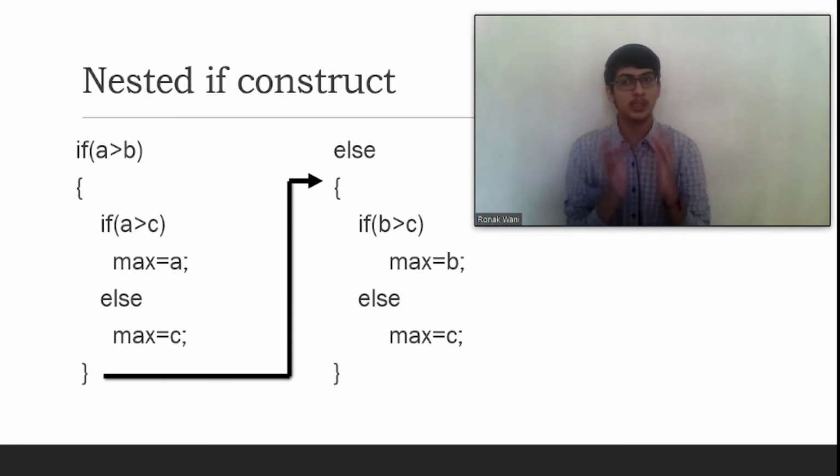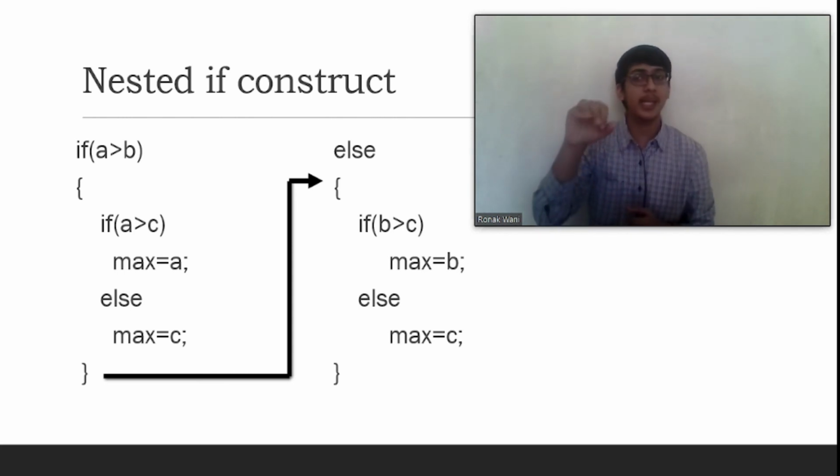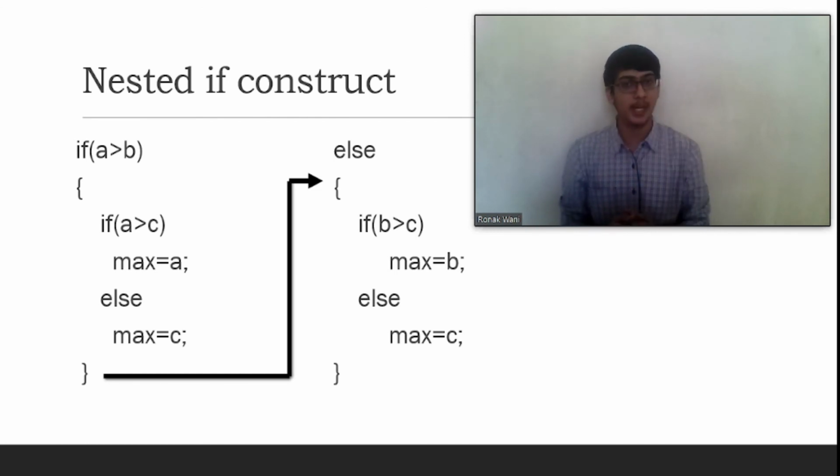First it will check whether the first number is greater than the second number. If yes, then it will go inside the nested if block and check whether the first number is greater than the third number. If yes, it will store it inside the max variable and the program will terminate. Now, if A is not greater than C, that is, C is greater than A, then it will go into the else block and store variable C inside max and terminate. But let us consider another scenario, that is A is not greater than B, instead B is greater than A. Then it will immediately jump onto the else block and check whether B is greater than C. If B is greater than C, then it will store the value of B, the second number, inside the max variable and terminate.